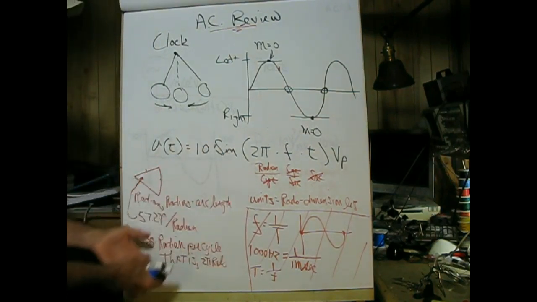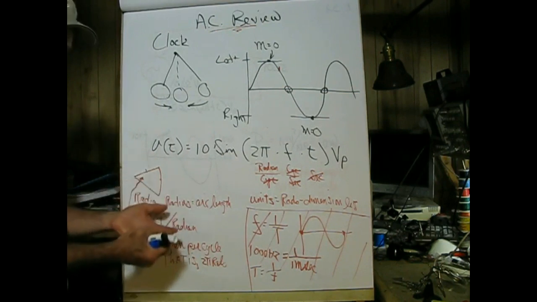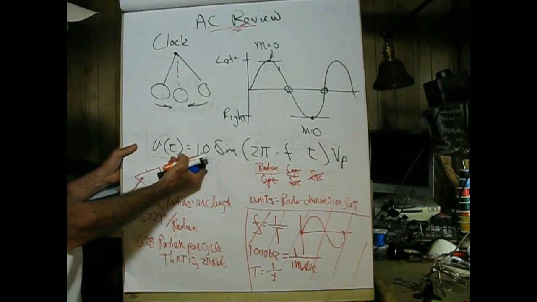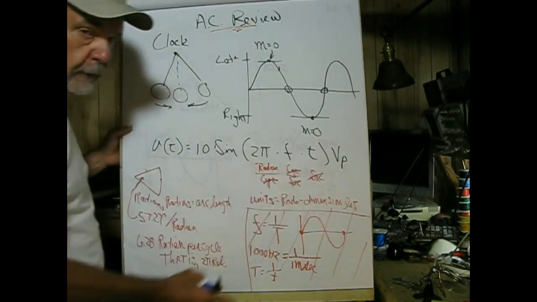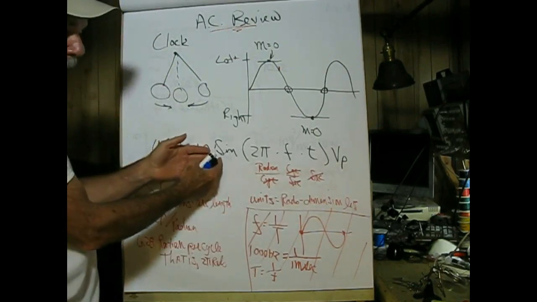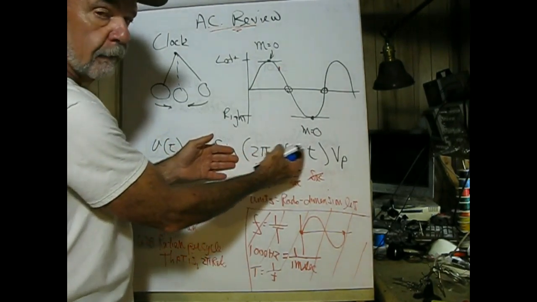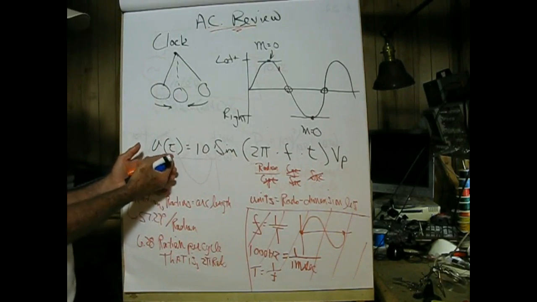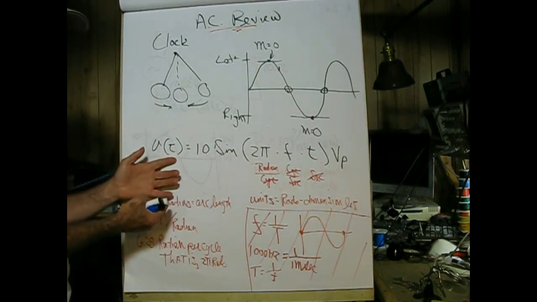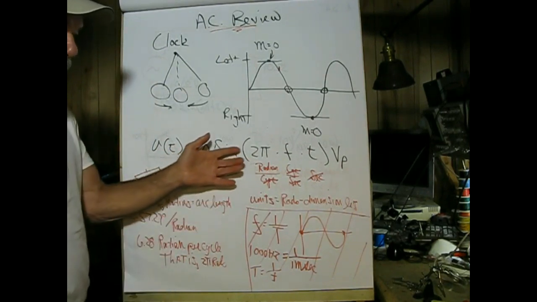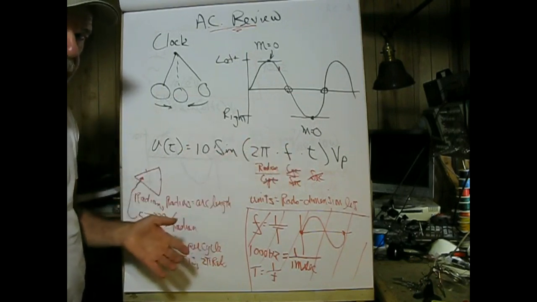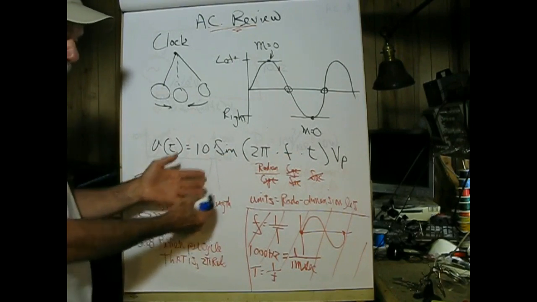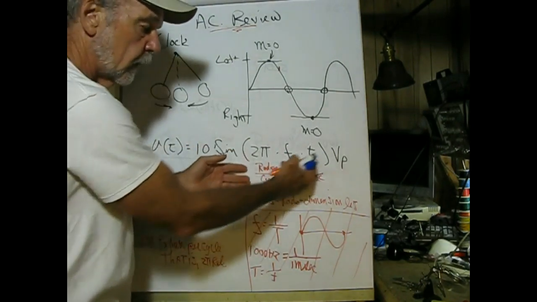Now let's get into a little bit more detail here. Talking electrically now, we have voltage with respect to time, in this case equals 10 volts peak, you're being told that, times the sine of 2 pi ft. Now to solve this, if we wanted to know what the voltage would be at some point in time, we would have to have our calculator in radian mode to do that. So you have to remember that you do that, and the reason is that the argument of the sine wave